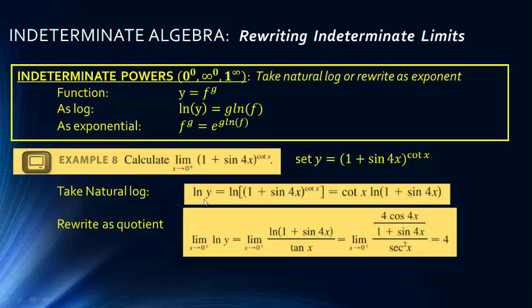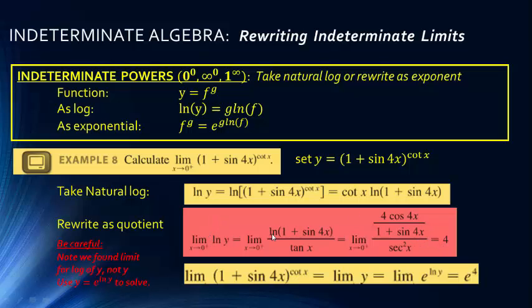And remember, the way we undo it is to make this an exponent on e. So we raise both sides of the equation as the exponent on e. So we get the limit of e to the natural log of y, this is the left side of the equation, equals e to the 4th. So this is what our answer